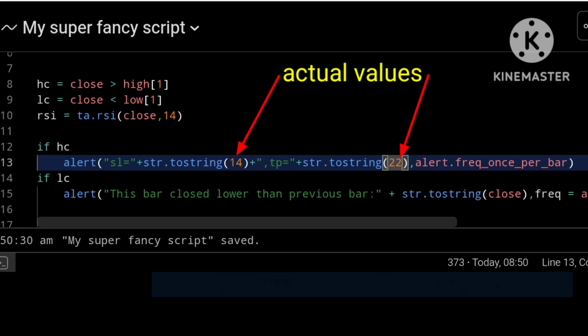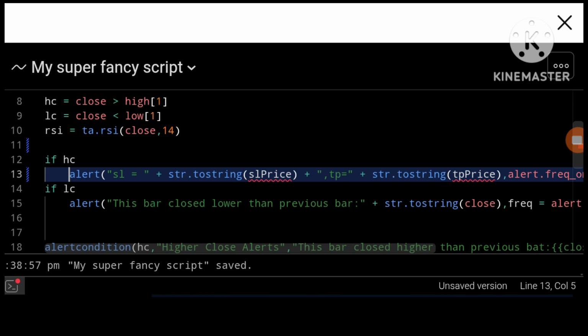And then you could send this information to a third party API using a webhook using this. So for example, I have been using Pine Connector recently to automate some of my trading strategy scripts.